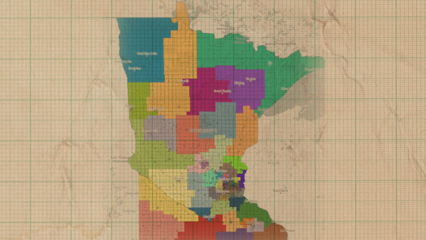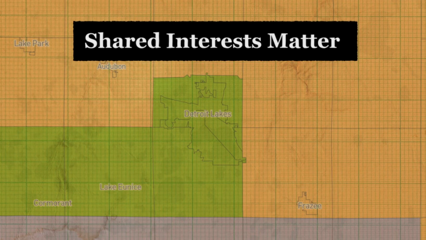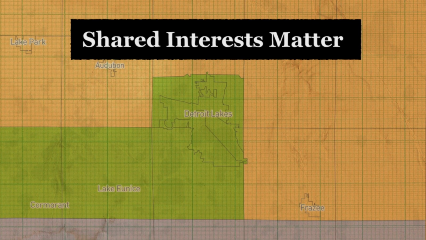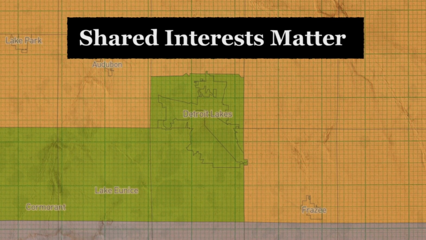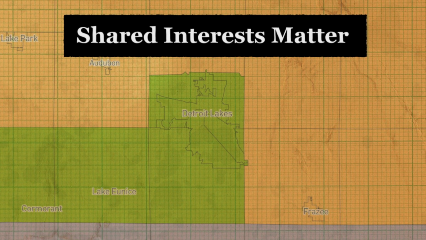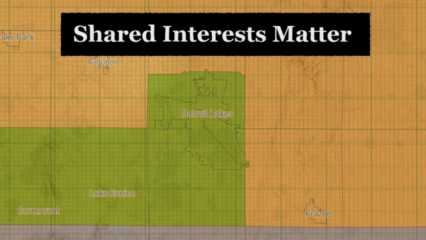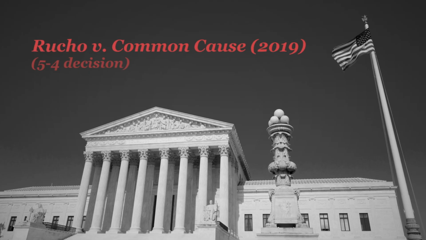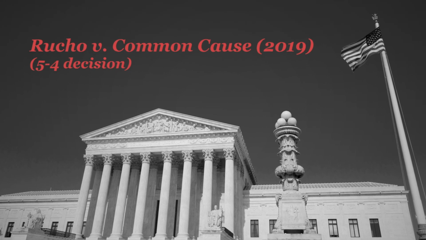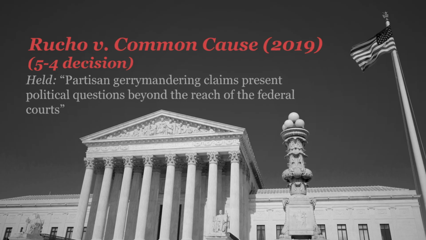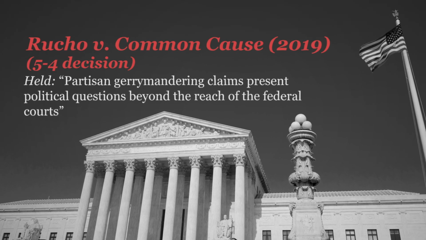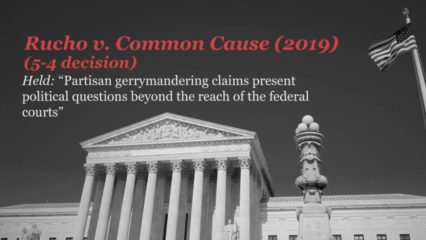For example, a state may want all people living around a large lake to stay in the same voting district. That way, they could all vote on things like whether or not to allow boats in it. These are the types of political considerations the court considers. But the Supreme Court, over the years, found it very difficult to decide how much political consideration is too much. Because of that, in 2019, the Supreme Court, in a case called Rucho v. Common Cause, said that because it is too difficult to say how much politics should play a role in redrawing maps, it simply will not say a voting map is unlawful if it is created